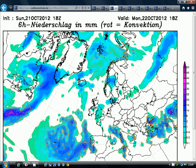Some quite heavy showers here through the central base of the Mediterranean, some parts of France. We've also got some quite heavy showers over towards Greece and Turkey as well, maybe some thunderstorms mixed in over there, and some rain coming in towards Portugal as well. But the bulk of the continent actually having a lot of dry weather through today, but it is also quite